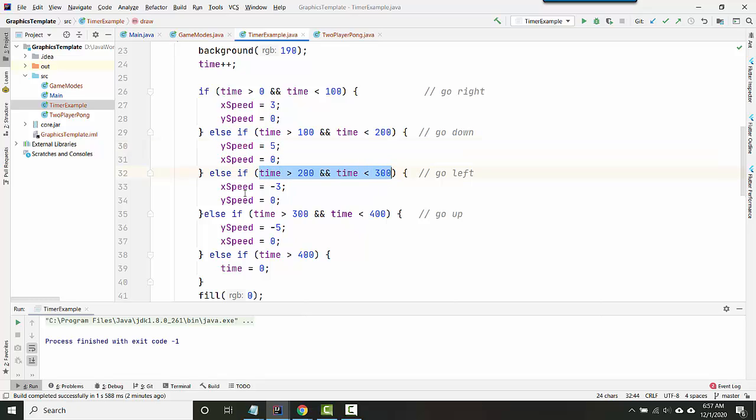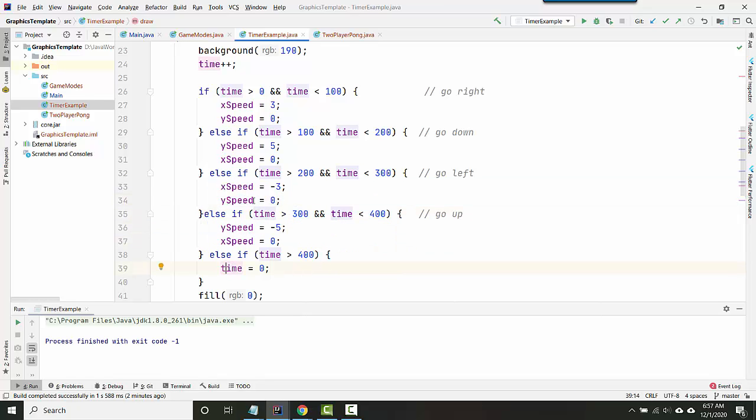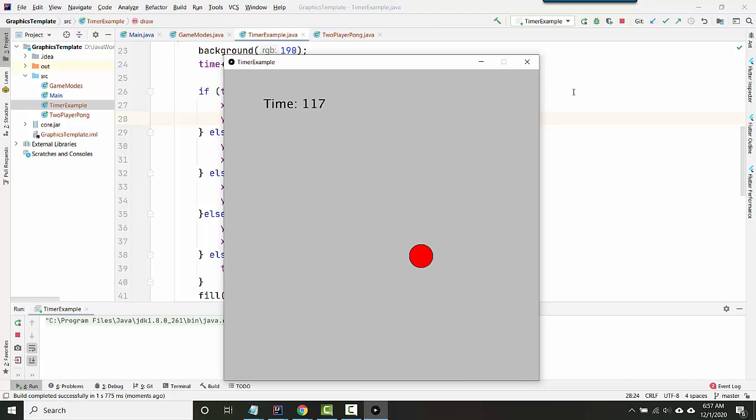Then between 200 and 300, we'll go left. Then between 300 and 400, we'll go up, and then we're going to reset. So every 100 steps, we're going to change direction, and we're going to go right, down, left, up, repeat. So this should move the circle in a square pattern. So, oh, we've gone off the screen,